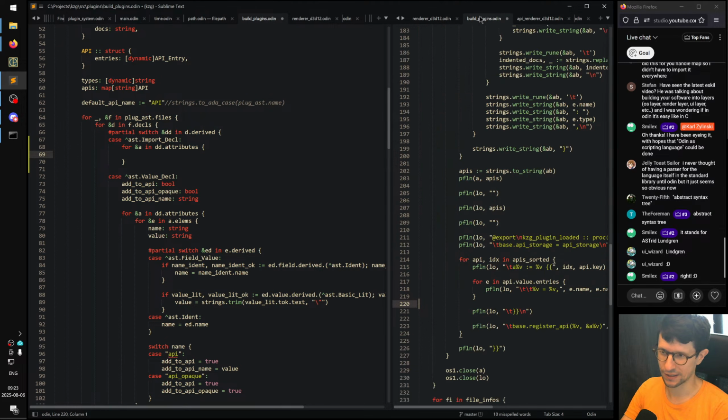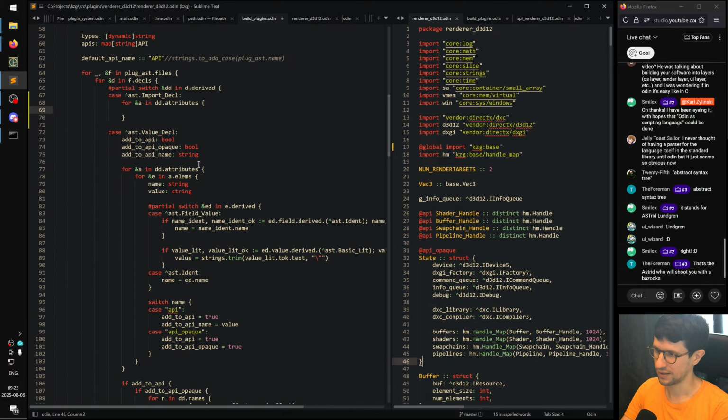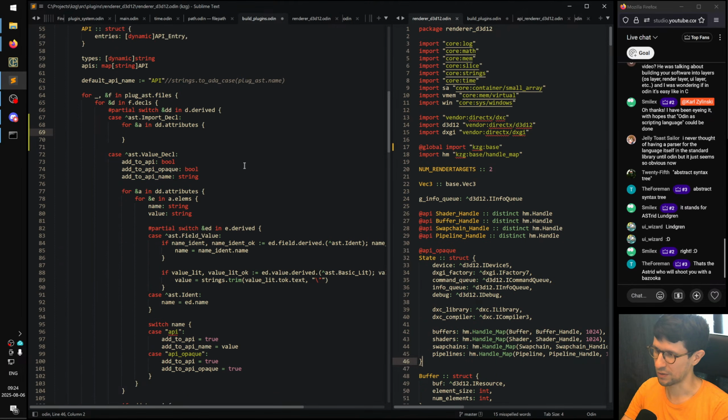So with that in mind, let's see here. I'm just copying things from down here. We're going through: if we hit the import declaration, then we go through all the attributes, which are these things. So we're doing that here. And then we need to